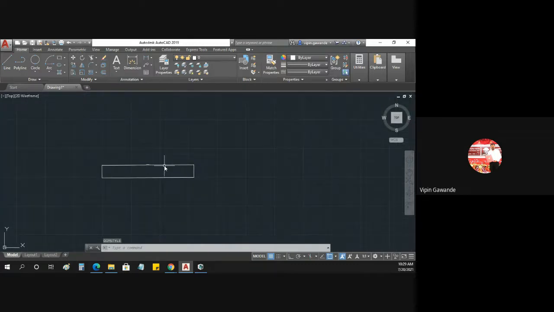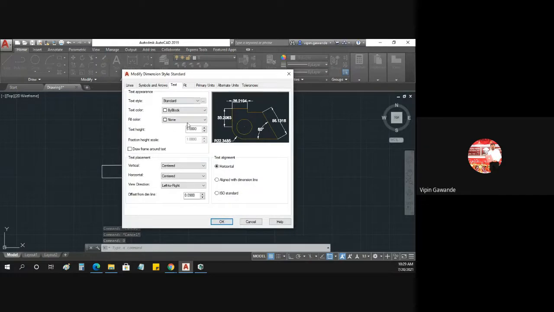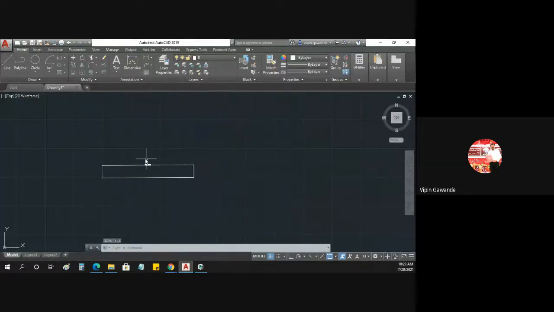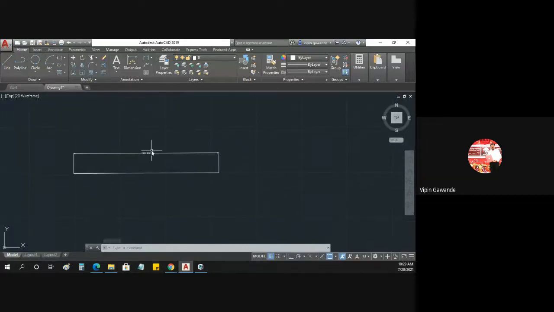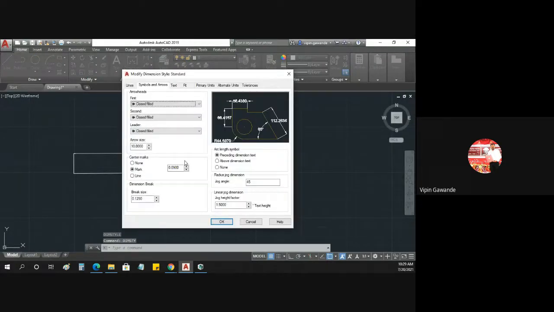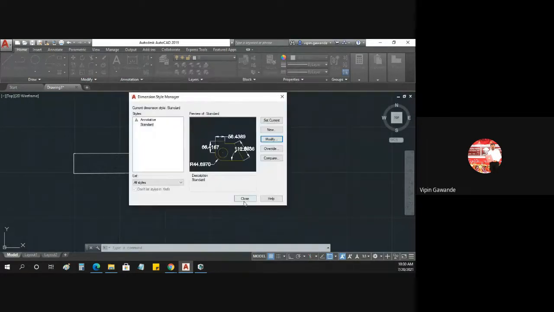Okay, no, still it is not there. So let us again increase the dimension style. So modify. Okay, so text height, there, still it is not visible, so we'll make this a 10. Here also we'll make this a 10. Now let us see. Okay, so still it is not properly visible. So we'll go to the dimension style again. We will change modify. Now here I will make this a 20, and I think this will be somewhat bigger than 20.